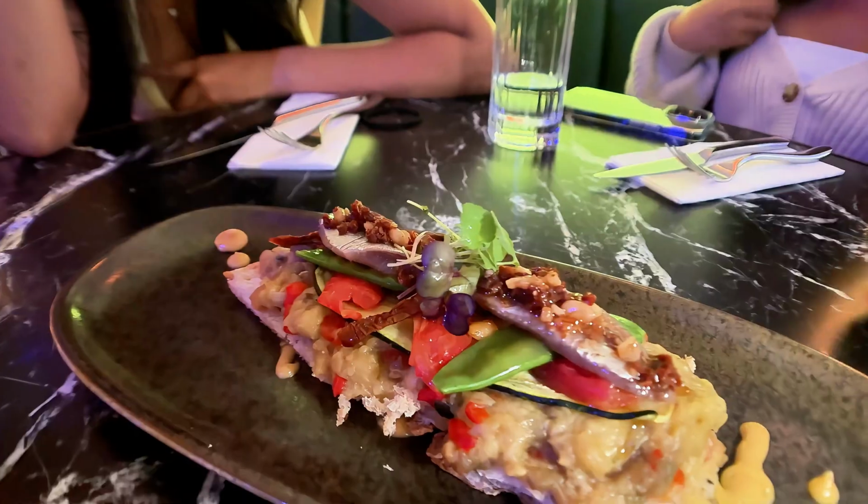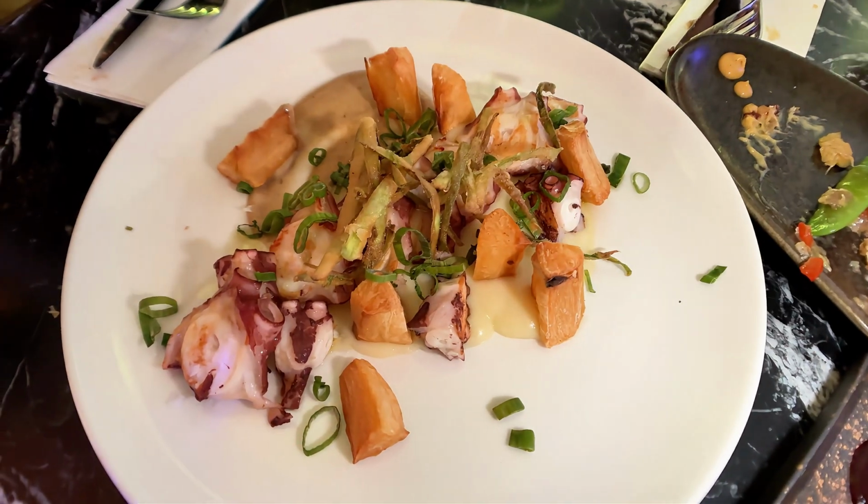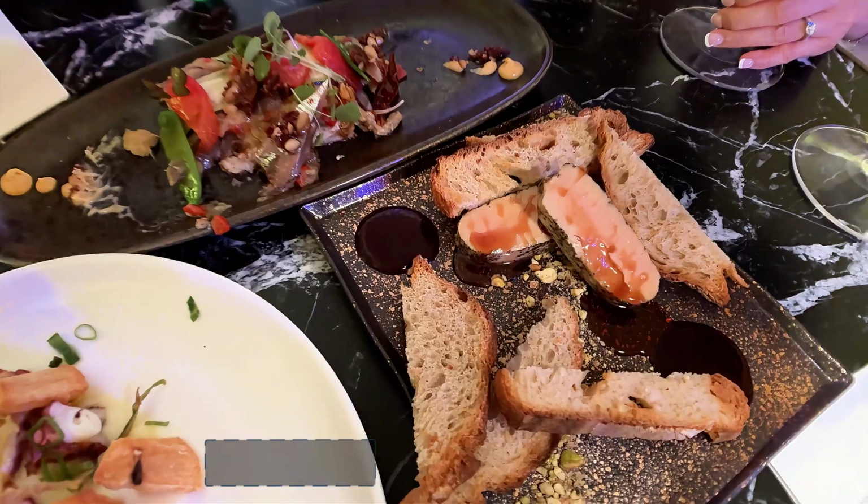Wow, they loaded up with a lot of vegetables. The fish almost tastes like it's like a poke in a way. You don't taste any of the sardine flavor. Very fresh. So in addition to the smoked sardine, we actually ordered some grilled octopus along with some foie gras with toasted bread,